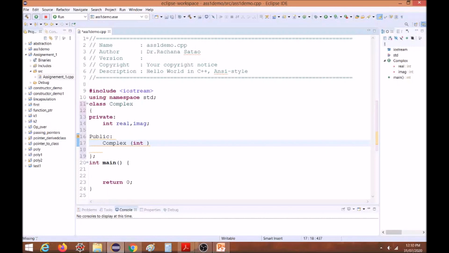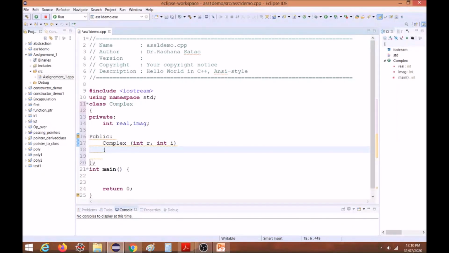So integer r comma integer i for imaginary. Inside this constructor, what we have to write is real is equal to r and imaginary is equal to i. Okay, so we are assigning values to it.